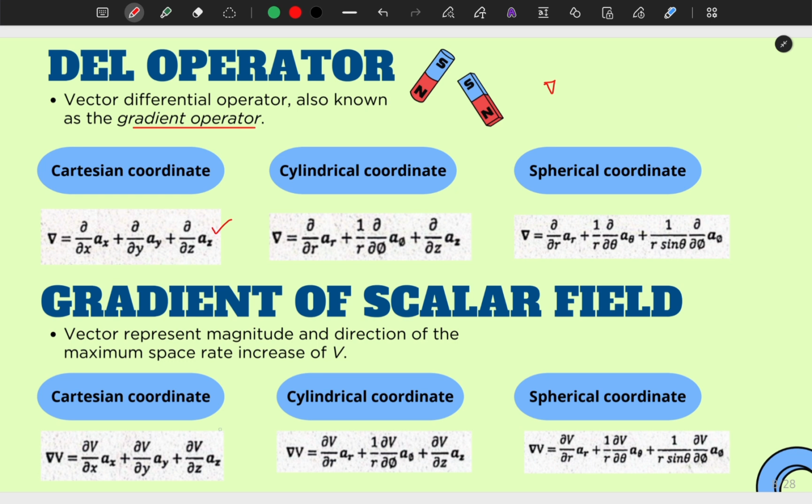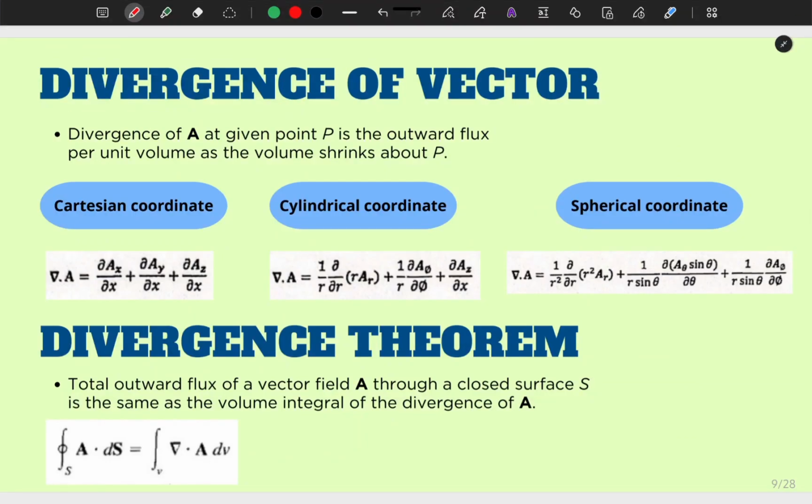Gradient of scalar field shows the direction of maximum increase of that field. Its magnitude represents how fast the scalar quantity changes. In electrostatics, the gradient is used to relate electric potential to electric field. And these are the equations in Cartesian coordinate, cylindrical coordinate, and also spherical coordinate. As for the divergence of vector,